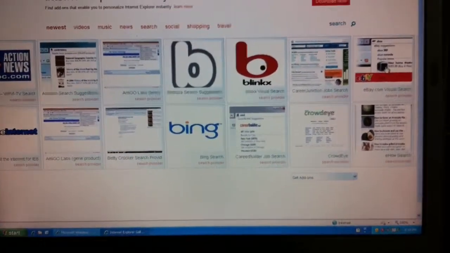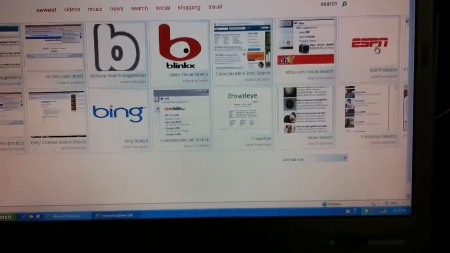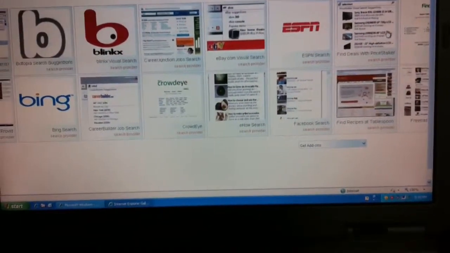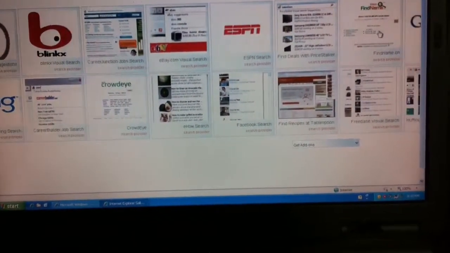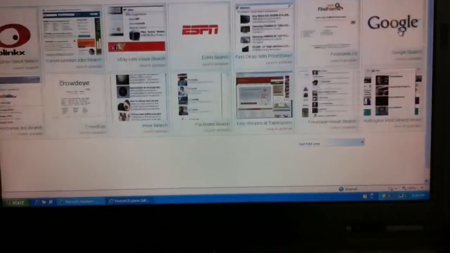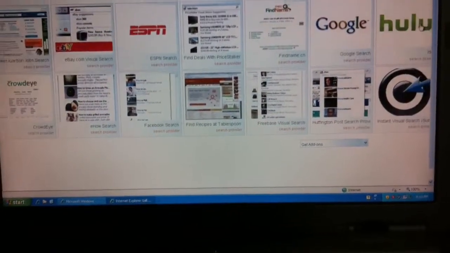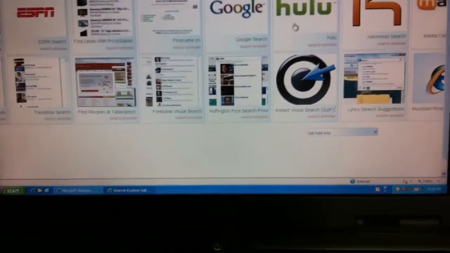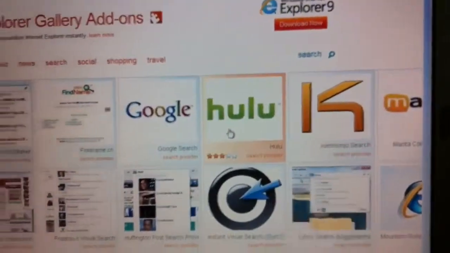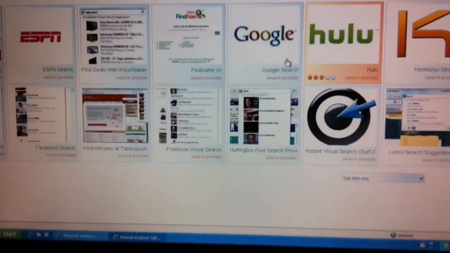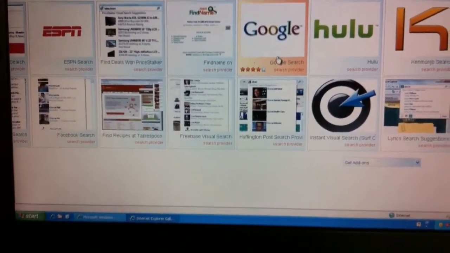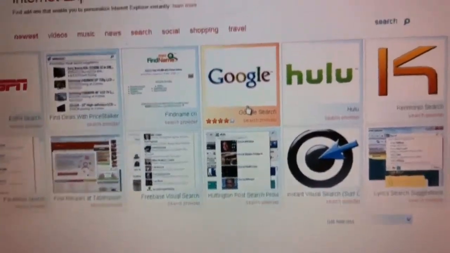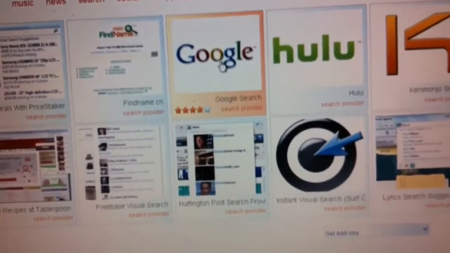Well, you have to kind of move your mouse to the right here, and then slowly more screens appear. So you'll see Crowd Eye, Find Name, and finally you'll get to Google, which is next to Hulu and Ken Monjo search over here. I don't even know why they don't have a first tier of obvious search engines and then a second tier of everybody and their brother that wants to get listed here. But anyway, click on Google,